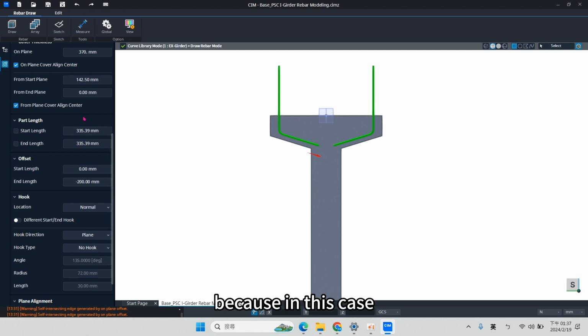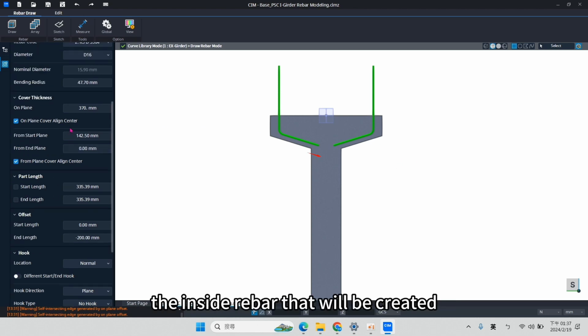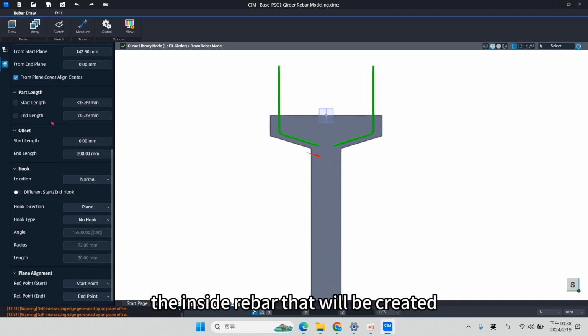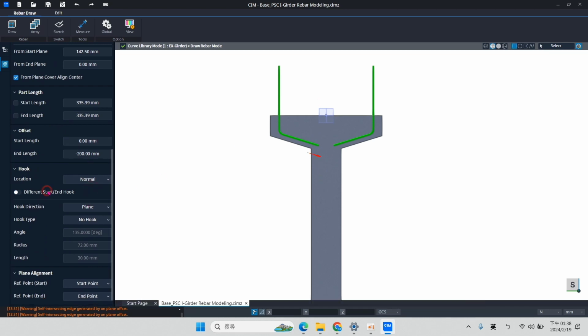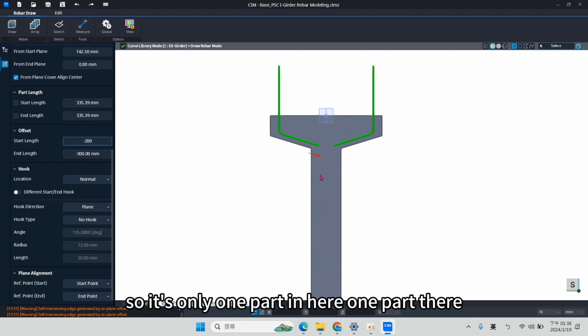Okay, because in this case we don't have any bending in terms of the rebar. So the inside rebar that we will be creating will be in this part. So it's still going to be offset. As you can see, we will insert minus 200 and minus 300 here, but there will be no bending. So it's only one part in here.